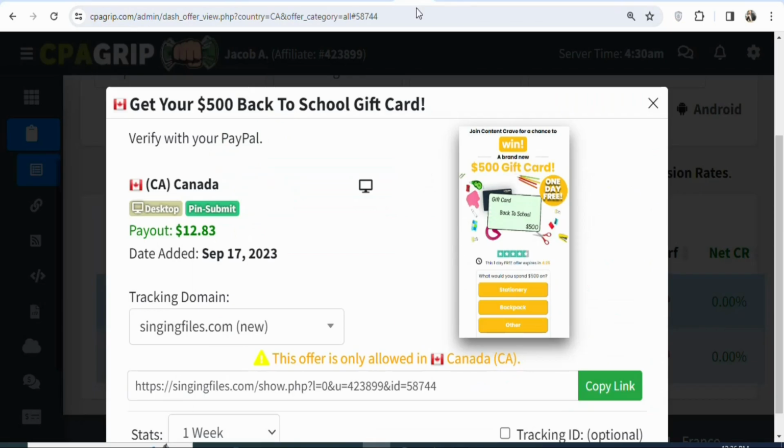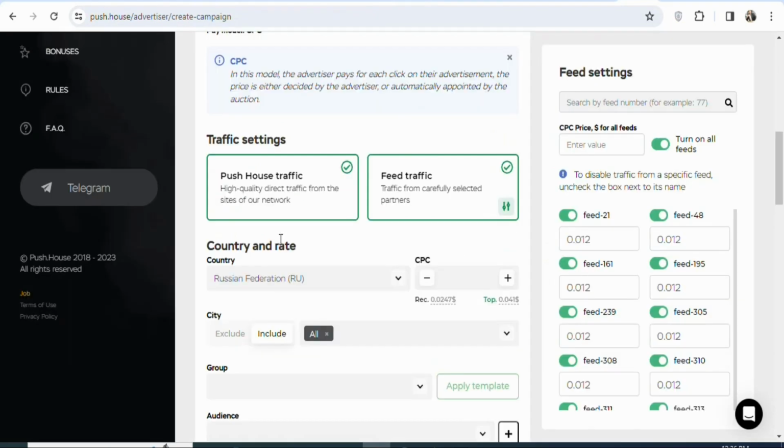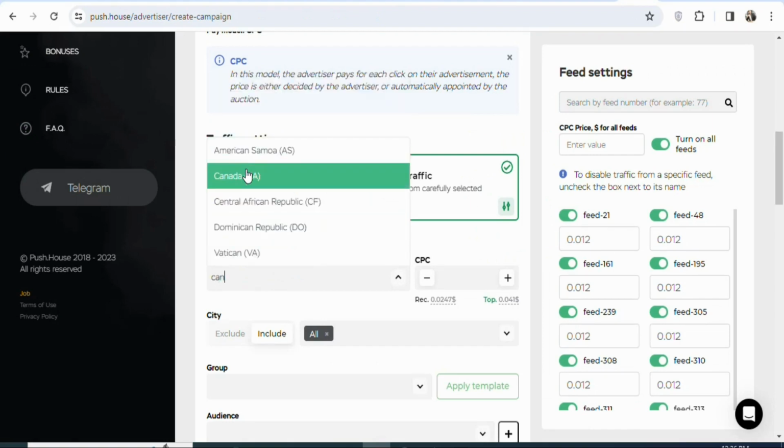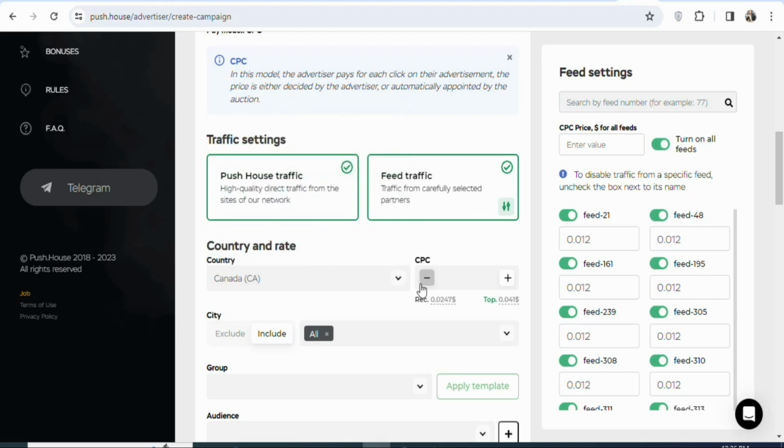The offer is allowed in Canada. You can see the offer is allowed in Canada. You can see it right here. So you have to select Canada. So click on it. Once you click on it, search for Canada. Just search for Canada. You can see Canada here. Click on it. Once you click on it, the next step is that you are going to set your cost